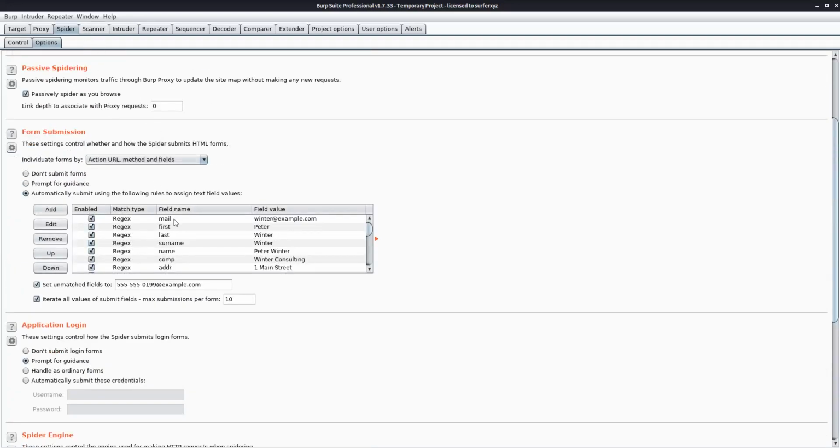Customization means, let's suppose you have a field called email ID or first name or last name. What you want to fill in it by default, you can modify. Let's suppose you are pen testing e-commerce websites, and you are not doing it for black box testing. You have a username and a password through which you are allowed to test on a website.